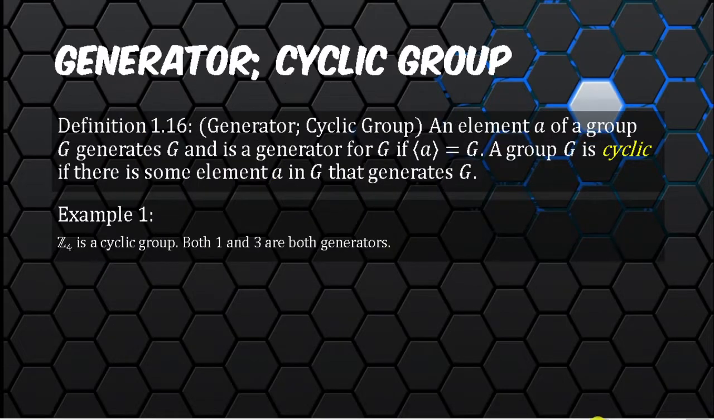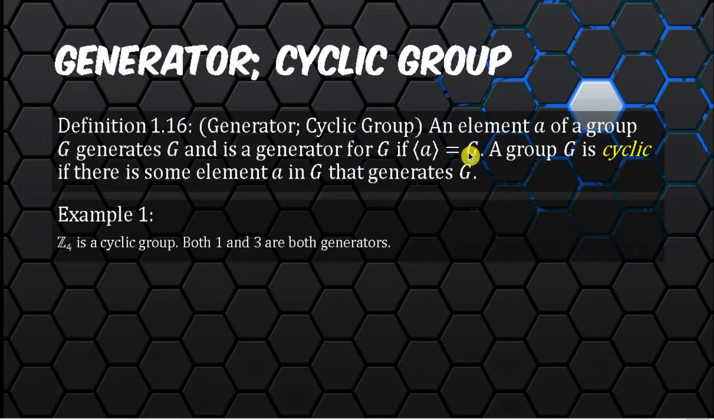How about a cyclic group? Kailan nagiging cyclic ang isang group? Not just a subgroup. An element A of a group G generates G and is a generator of G if this set is the same as G. A group G is cyclic if there is some element A in G that generates G. Ibig sabihin, cyclic ang isang group kung merong element doon na kapag kukunin mo yung laman niya, it is entirely the same